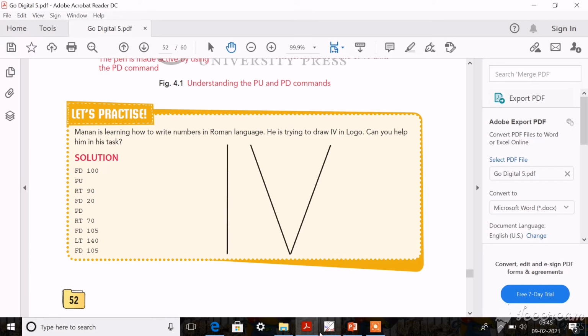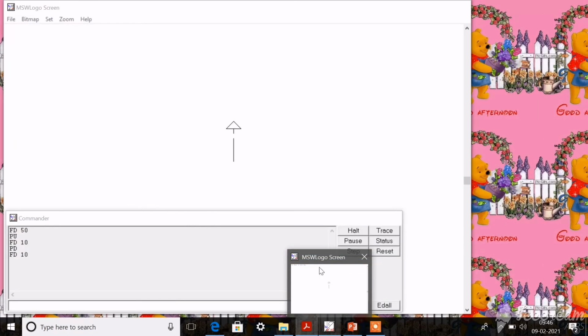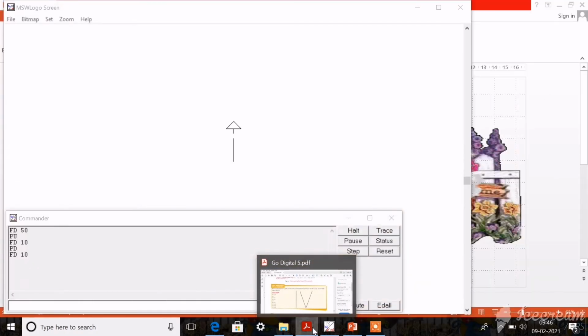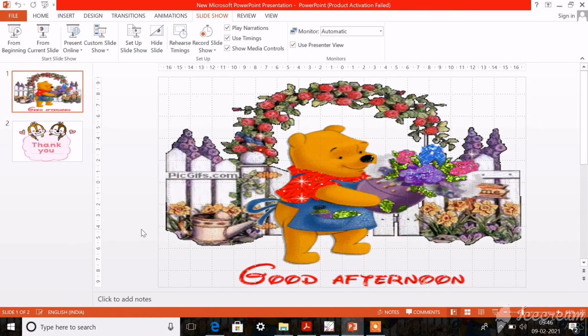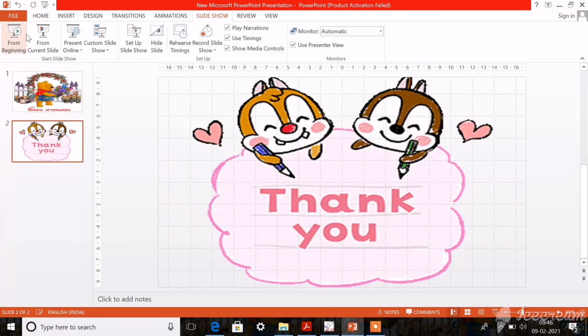So today we have learned about the commands. Previously, in class 3 you have learned about the commands. Those commands we have revised. Operator commands we have seen, and also we have seen pen up, pen down, pen erase and pen normal commands, isn't it, dear children? So this is very easy to practice, so I want all of you to practice this at your home today.